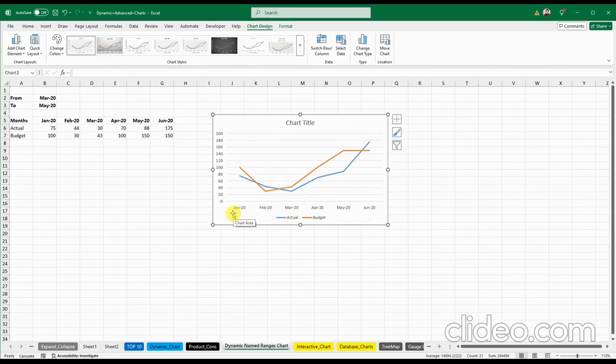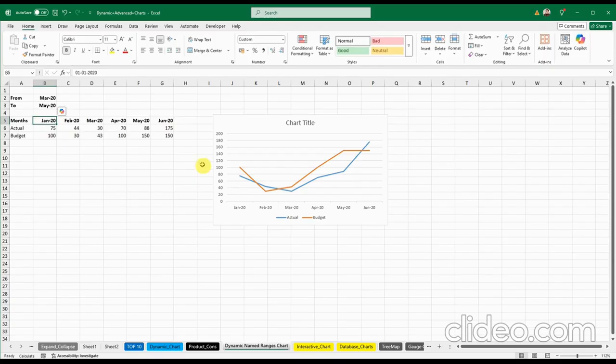right? Now, my wish is to create something dynamic, where I can select the time period. For example, I don't want to see all the months. I need to see specific months, for example, from February till May. So when I select February and May from the menu, the chart automatically filters the time period. For that, we need to create dynamic named ranges, and I'm using the INDEX and MATCH functions